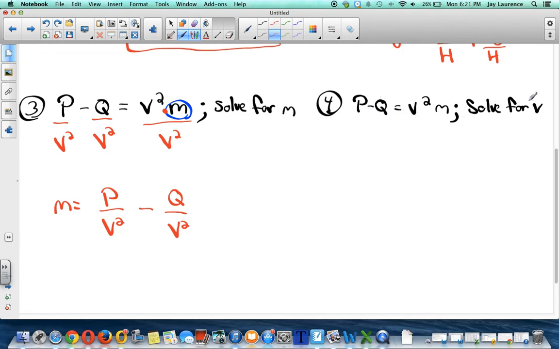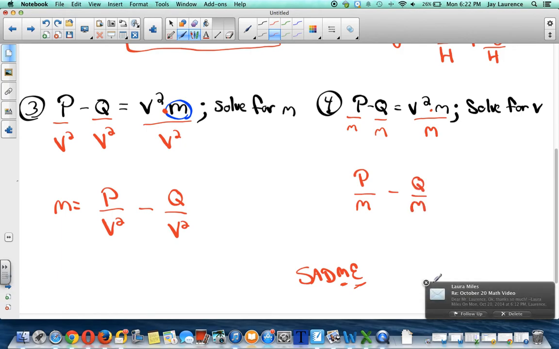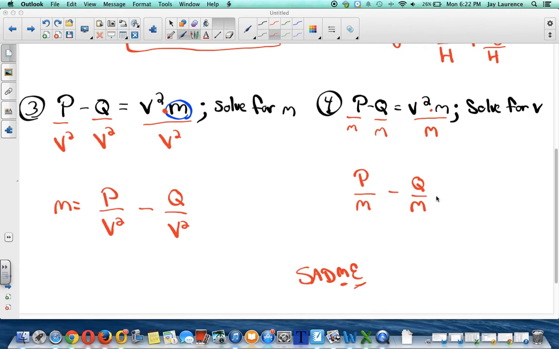All right, 4. It looks like the same equation, except this time I'm solving for v. Well, I'm going to listen to sad me, and I'm going to get rid of multiplication before I get rid of exponents. The m is attached to v by multiplication, right? So I'm going to divide by m. I'm going to divide by m. I'm going to divide by m. So I'm going to have p over m minus q over m. And that will equal